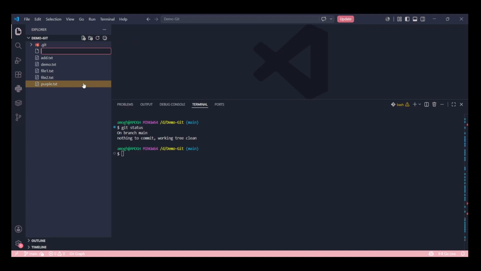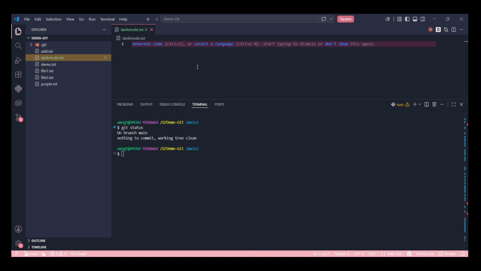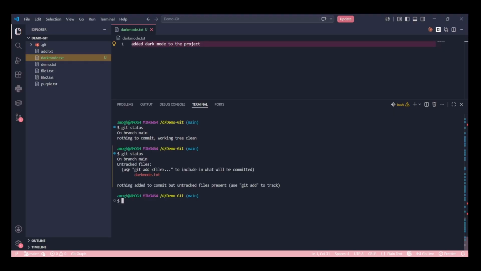Let's say I'll add one called dark mode, dark mode.txt. I will say added dark mode to the project. If I run git status again, it will say you are on the main branch.